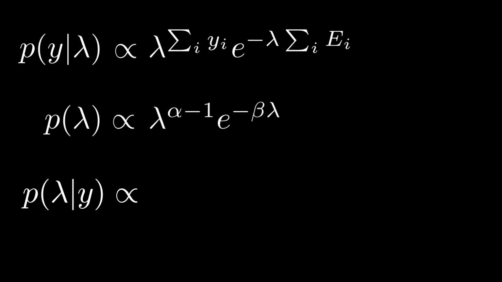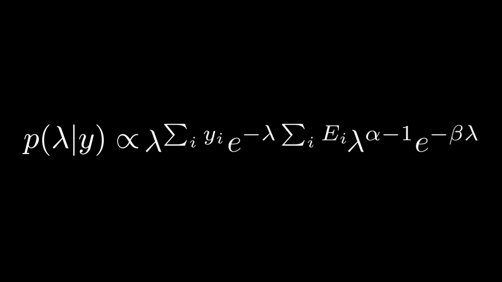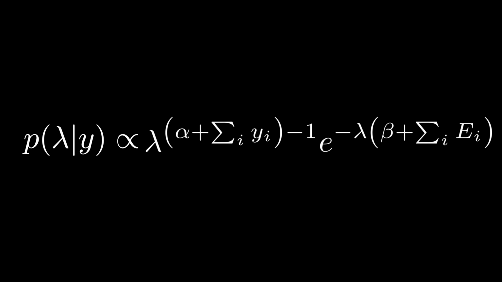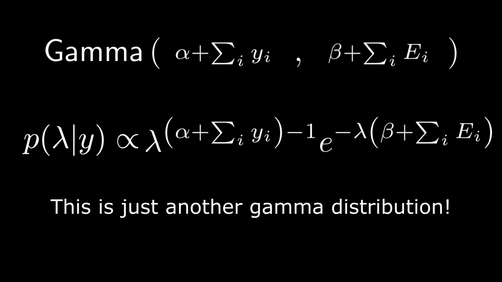Following Bayes' rule, the likelihood is multiplied by the prior. At this stage, you might have noticed a pattern. Both the likelihood and the prior contain a power of lambda and the exponential function raised to a power that includes lambda. By collecting these terms together, we obtain something proportional to a gamma distribution. This highlights the conjugate part of the model. Conjugate models are not only simple to compute, but also highly interpretable, as we will see.